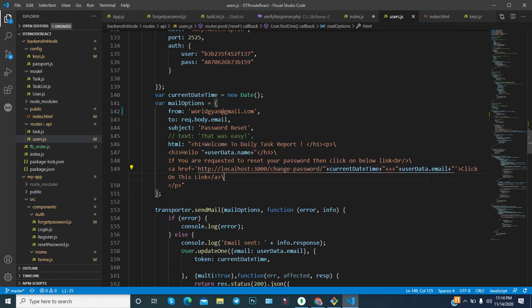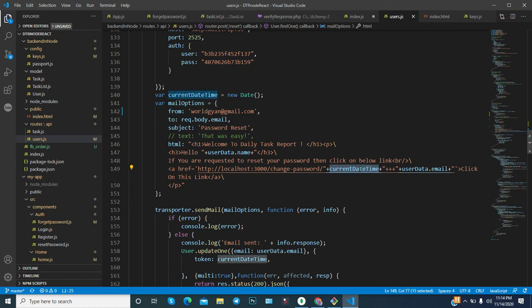So now you got the detail. However, one important thing you have to understand is that this should be in the hash form, and this information, the current date time, should be stored in your database. So for the reset of the password, first you will verify this date or time from the backend or from the database. You have to verify the date time, because you got a date time detail.